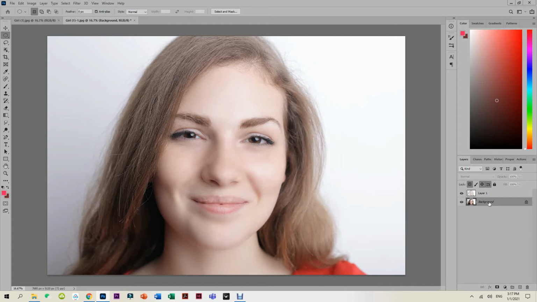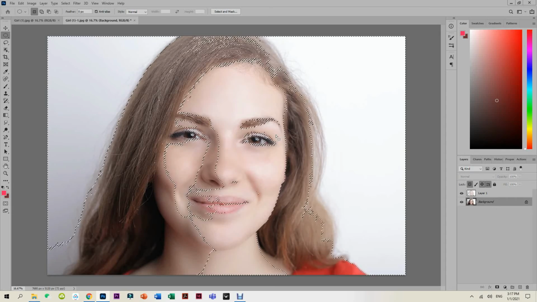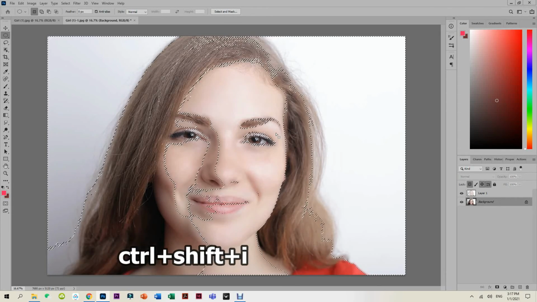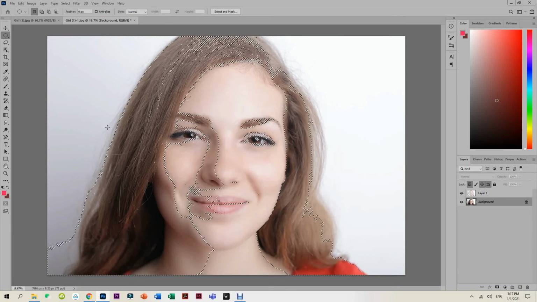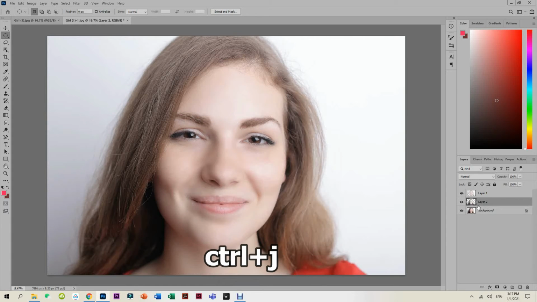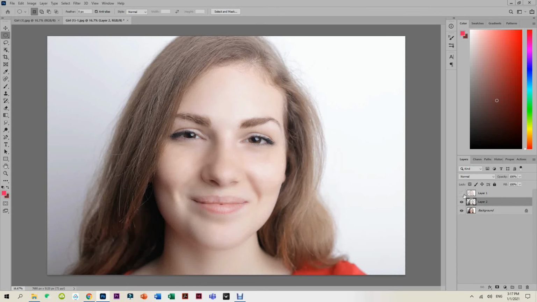And then you go to the background again. Again, you use a Control Alt plus 2. You select the bright area. And then this time you continue press Control Shift with I, and then you inverse the selection to the dark area like this. And then Control J, you make a copy of this dark area like this. And now,